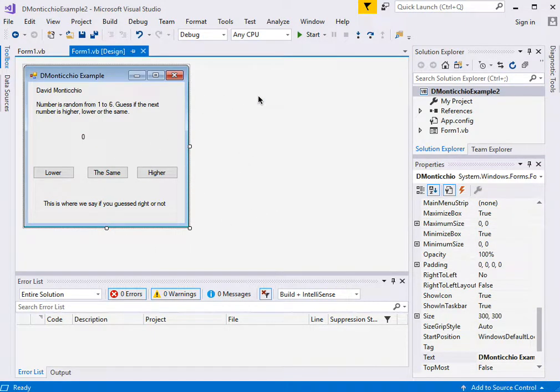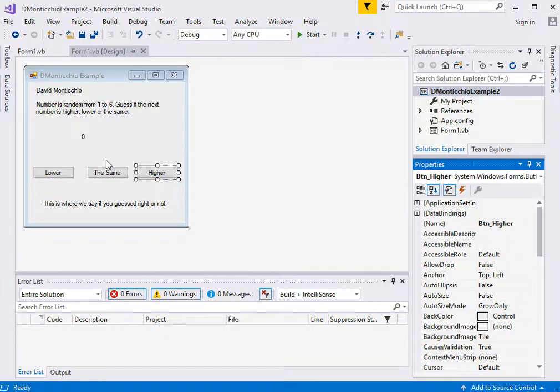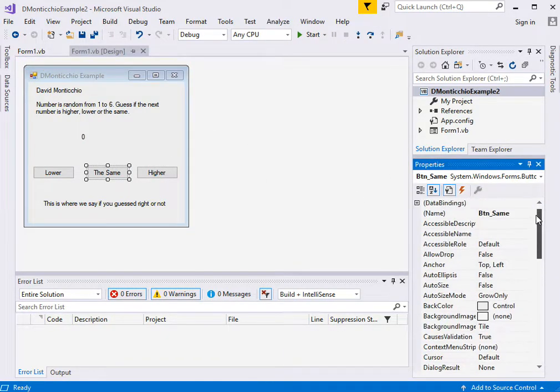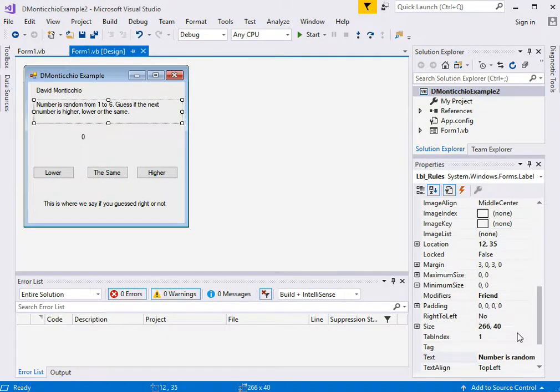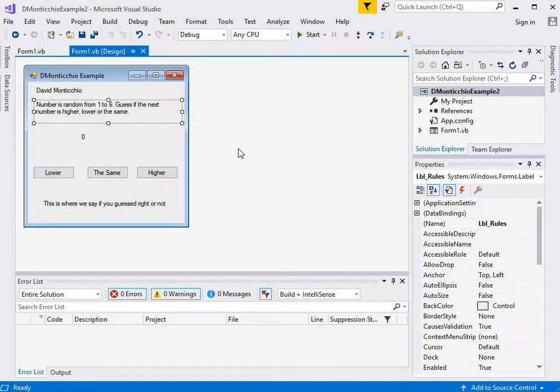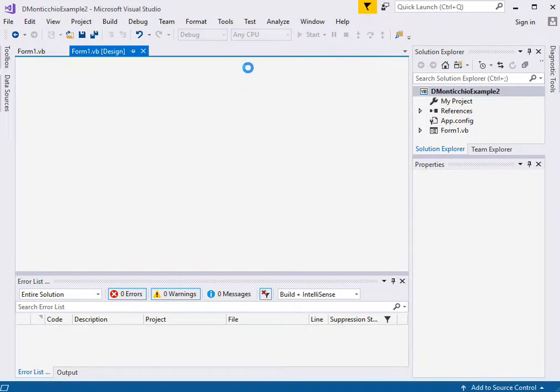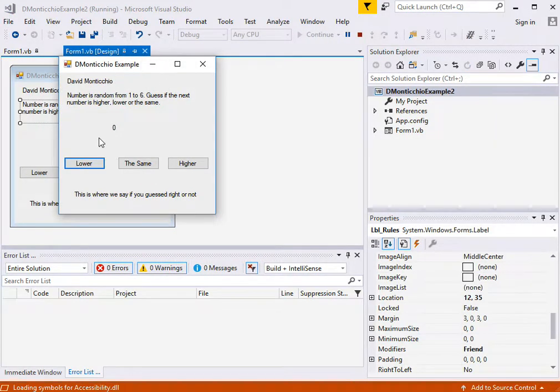So, as you can see, I now have everything dolled up. I've got everything named. My higher button is BTN higher, my the same button is BTN same, the part where I put my rules is LBL rules, etc., etc. But of course, if I were to start this, well, it doesn't matter what I do, nothing's actually going to happen, because I haven't put any code on it